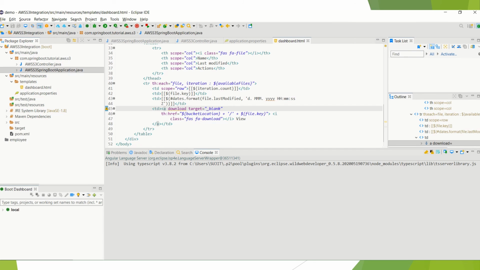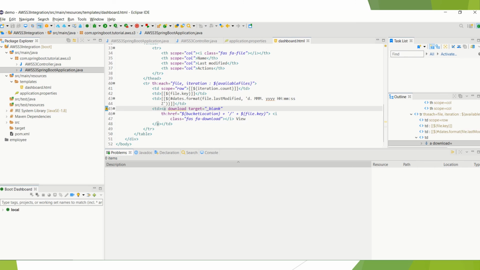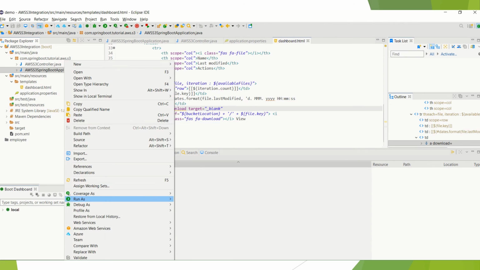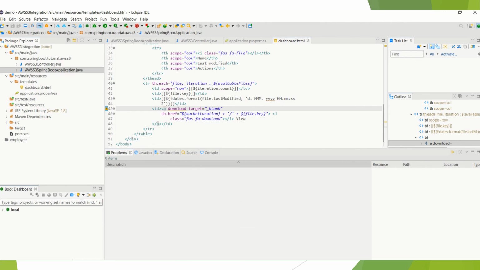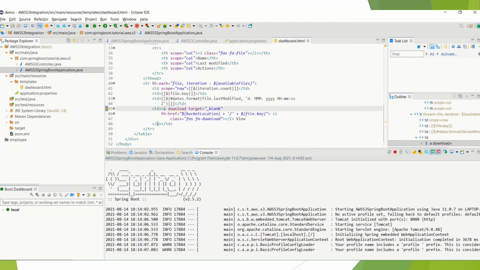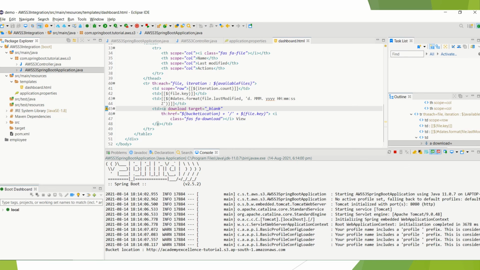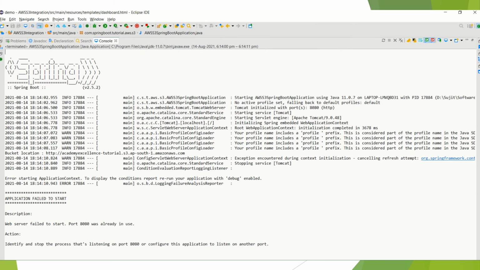So now let's run the application. Let's see if there is some exception. Web server failed.